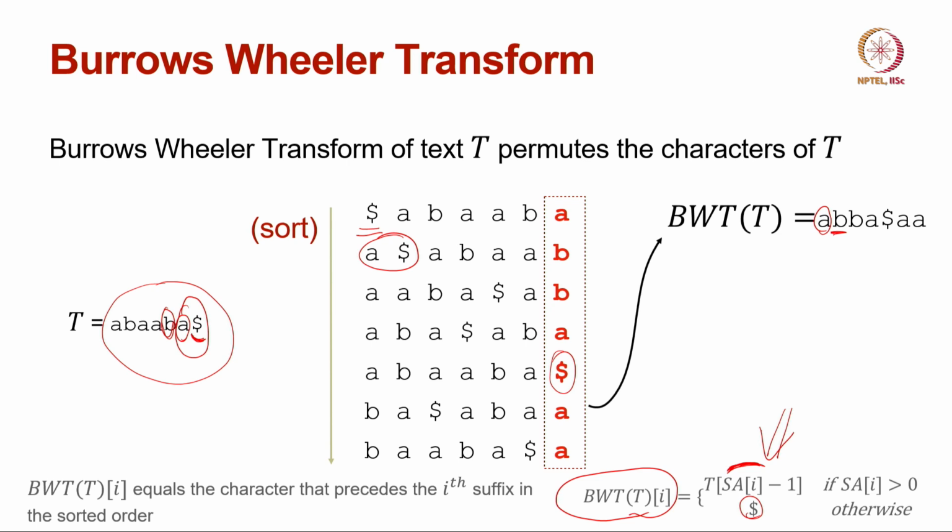So, therefore, there are two ways of defining Burrows-Wheeler transform. One is in terms of the cyclic rotations, and the second way is in terms of the suffix array. So, suffix array gives you a more precise way of defining the Burrows-Wheeler transform. So, at this point I hope the definition of this transformation is clear,